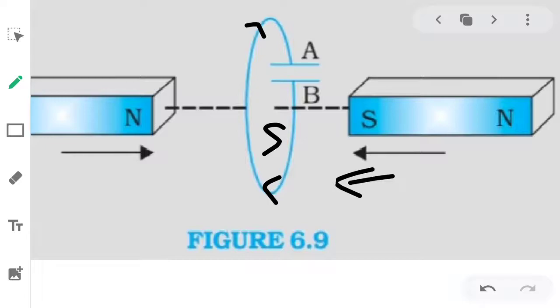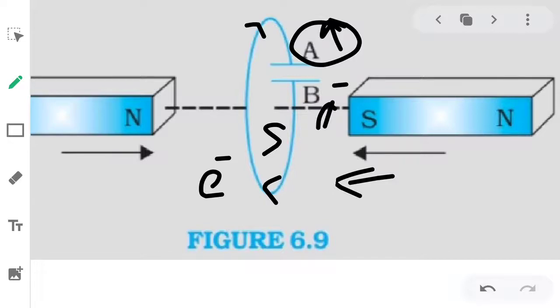Right? Now this capacitor is uncharged. There is no charge on this. Current is flowing in the clockwise direction. Means obviously electrons will flow in the opposite direction. So electron movement is from A to B. So the A plate is losing electrons and the B plate is gaining electrons. So A will be positive, B will be negative, because A is losing electrons, B is gaining electrons. Remember it is a neutral capacitor before. Okay.